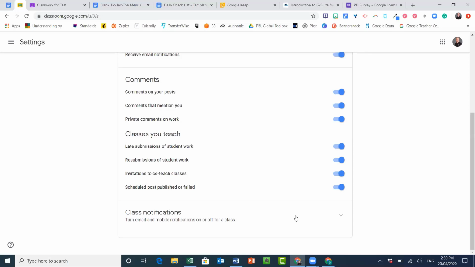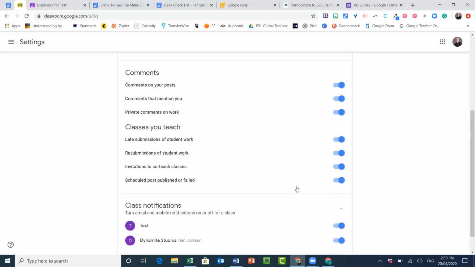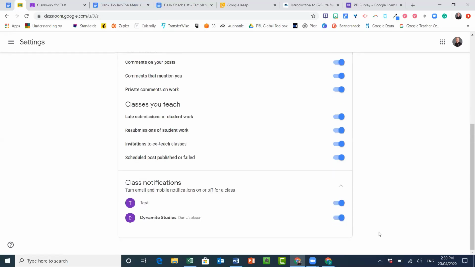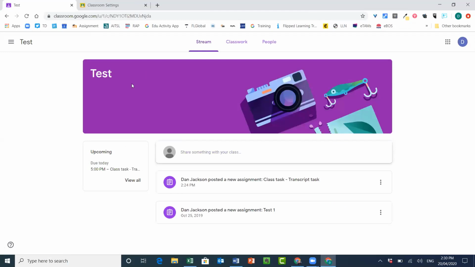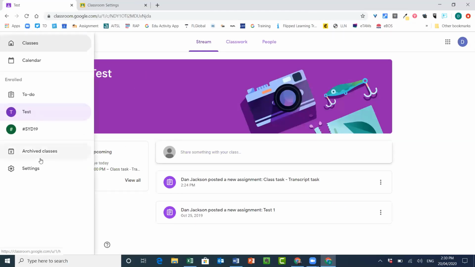As someone who might have lots of classrooms though, the bit you want to turn on and off is this last bit where it says class notifications. So you click the drop down box. Now, I don't have a lot of classes because this is just a test Google account where there's not many here. If I switch back over though to my school one and I go to my settings